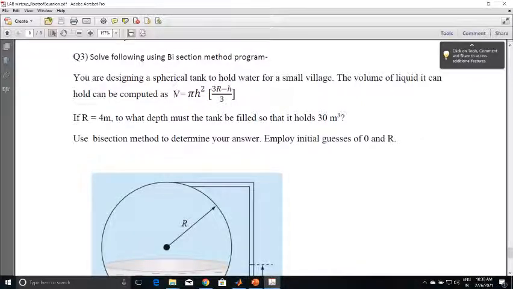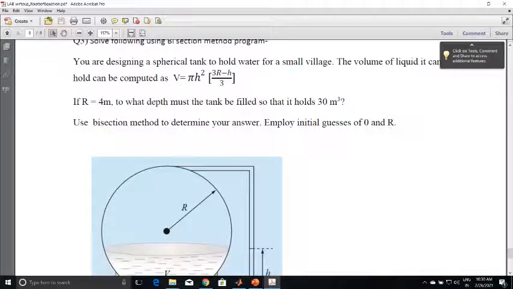The formula for this is given: pi h square into 3r minus h, upon 3. If the r value is given as 4 and the v value is 30 meter cube, then you need to solve this equation for h.